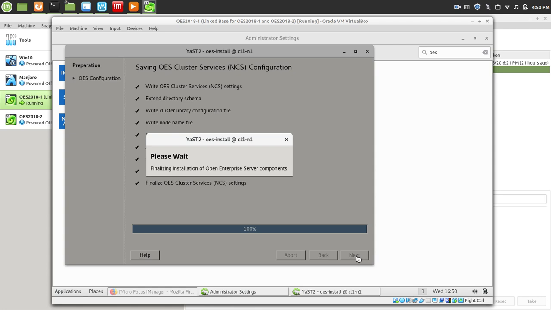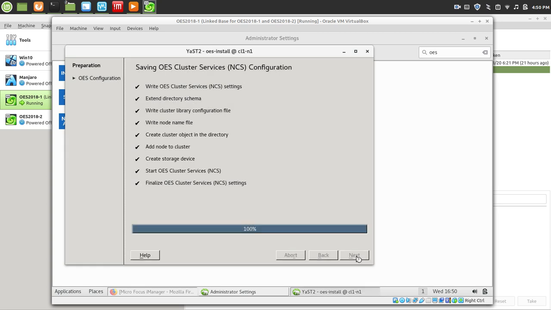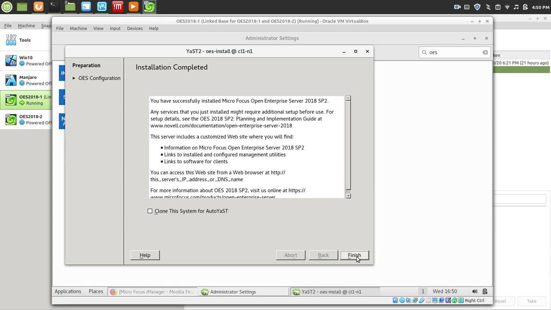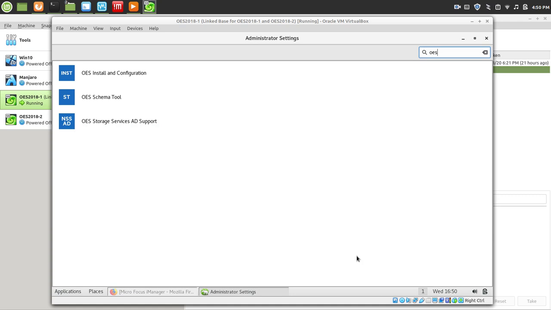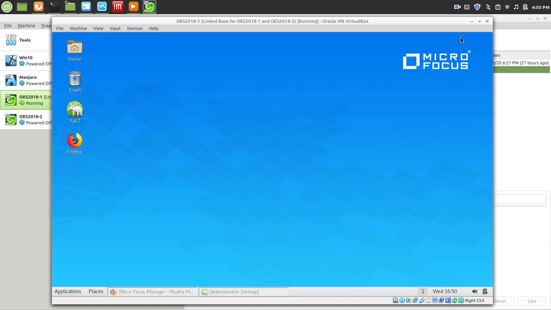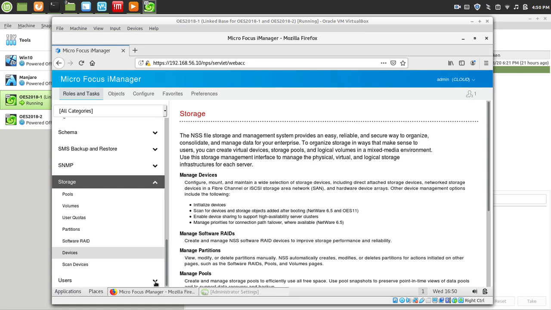But it's part of the setup, so we can do all the configuration and everything and then add a node and let it join the cluster. So I'm just going to hit finish here, and that is it. I'm going to minimize YaST, go back to iManager,